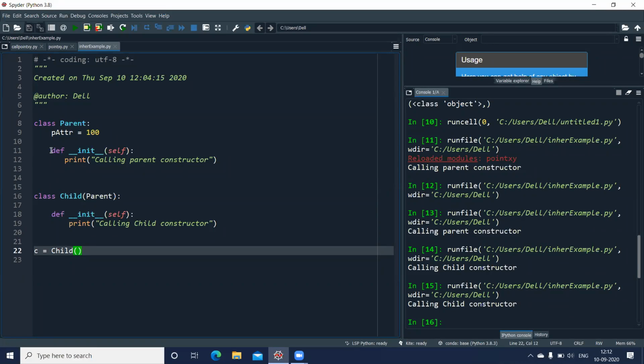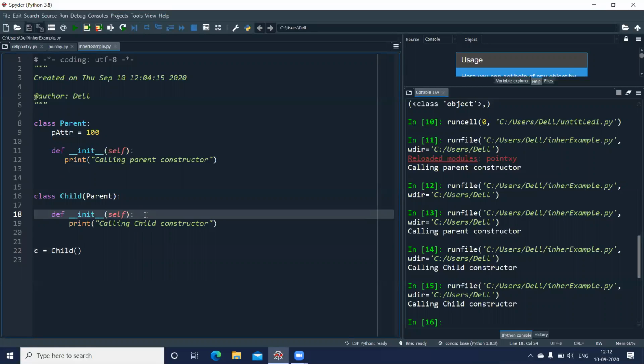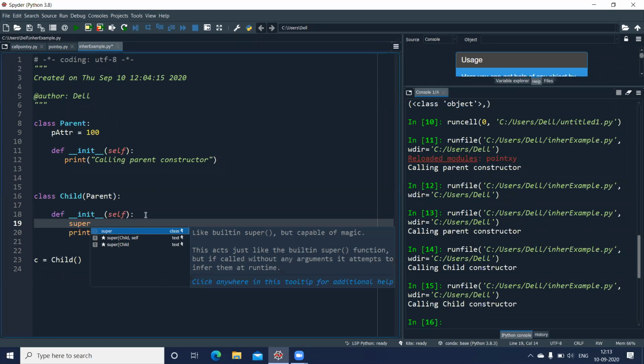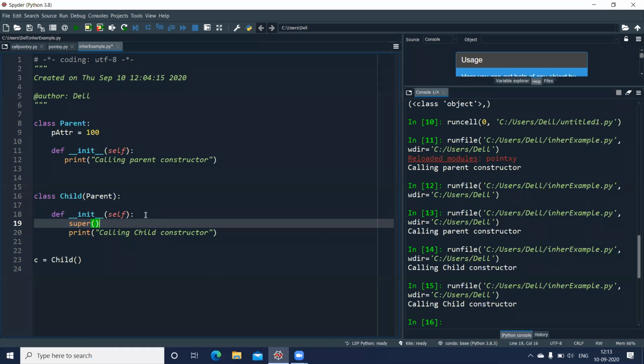Now, if I want this message also to get executed, then I need to make a call to this constructor from within the constructor of the child class. To do that, I can either make use of the super keyword, or I can directly make a call to this function. The best way is to use the super keyword. So if I give super, it has round brackets, dot. Now you can see this init there.